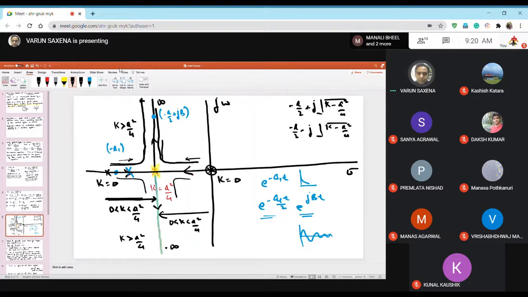Then you see that if I increase the value of k beyond a square by 4, either the root goes up along this line towards infinity, or it goes along this line towards infinity. The reason why it will go to infinity is, even though the real part remains the same along this entire line, it's the imaginary part b that becomes greater in magnitude. And if you take the square root and evaluate the length of this vector, you will see that it will constantly increase. That's why we are saying that as k increases, this root will tend towards infinity.